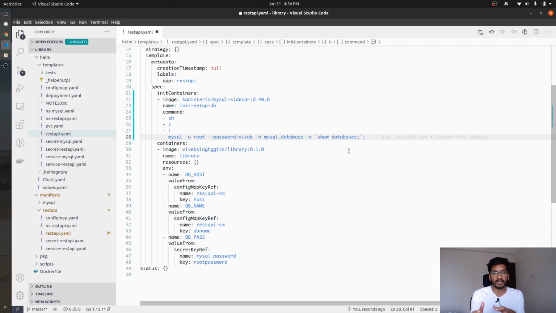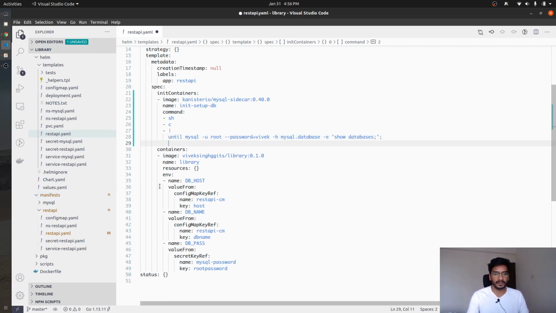And if the database is not ready to accept the connections, in that case we would, let's say, sleep for some time and then try again, because if the database is not ready to accept the connections, we would not be able to insert some records into that database. So to do that, we will be using until command. This is standard Linux utility, and